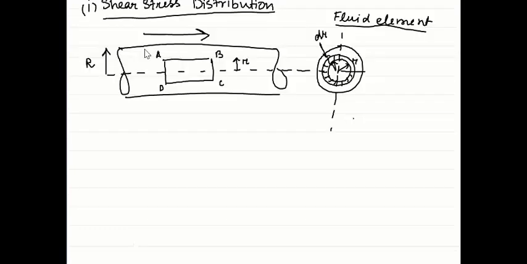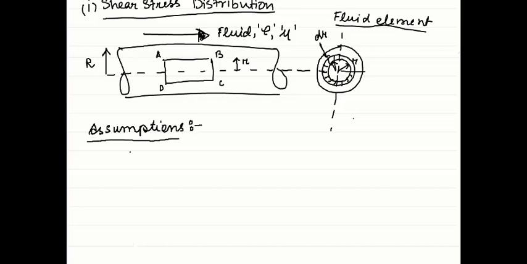So we have considered this circular pipe and the element A, B, C, D. Let the fluid be flowing through it from left to right. Let the fluid have a density of rho that we have assumed and a viscosity of mu. Before starting the derivation, there are certain assumptions that we have to keep in mind. So let us discuss the assumptions first.